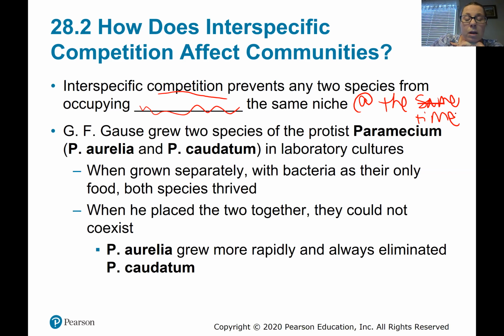Okay, sorry about that. So what Gause looked at with his studies are the protist paramecia. Remember those little guys we looked at in lab that swam around, the little speed demons there. He looked at Paramecium aurelia and Paramecium caudatum. He noticed that if you grew them separately, they both survived and did very well. When you put them together in the same culture environment, though, they did not coexist. One, Aurelia, always outgrew and basically outcompeted